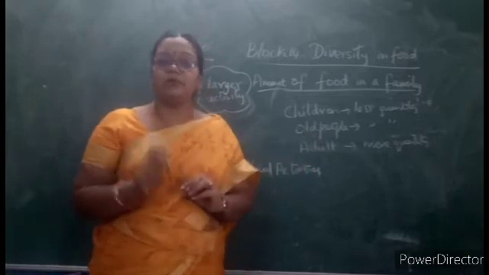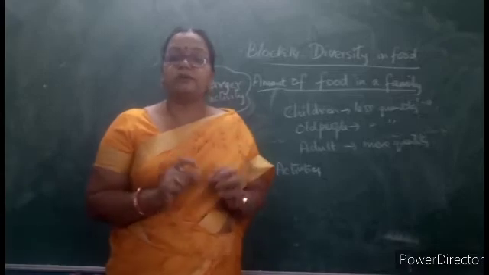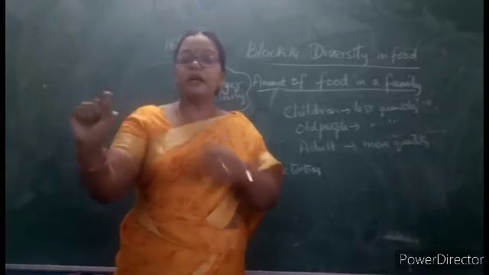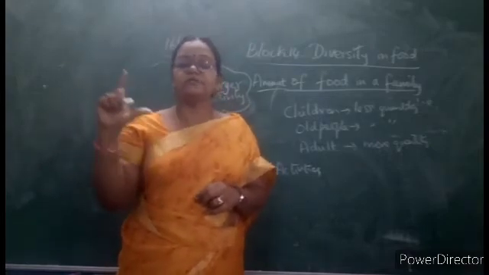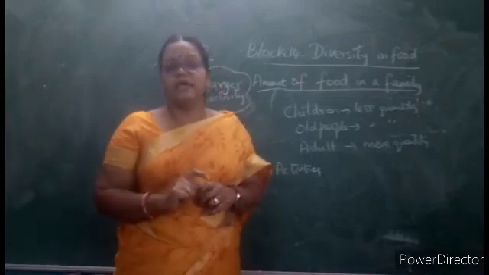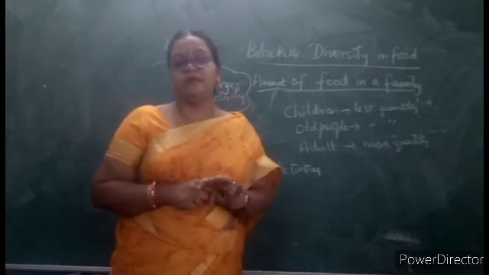For example, suppose your birthday party is there. How will your mother start preparing the dishes, children? First they will take how many children are going to attend, how many adults are going to attend. Accordingly only they will cook this many cups of biryani, and these many pieces of cake we have to order. So as per that only, by age we can approximately decide.